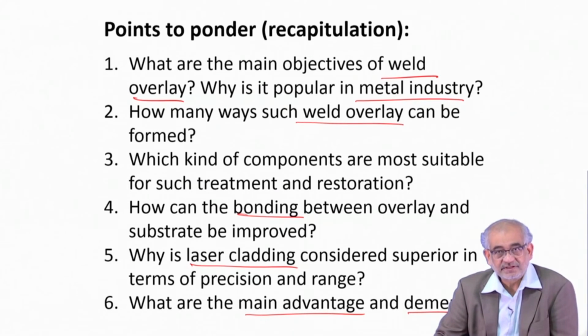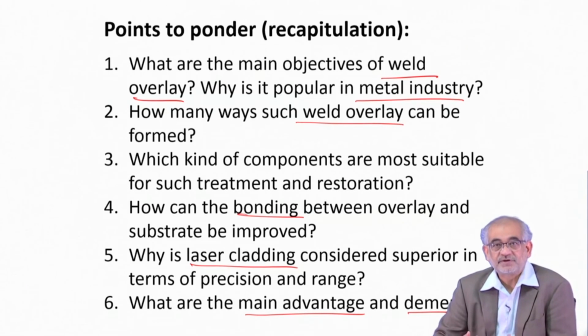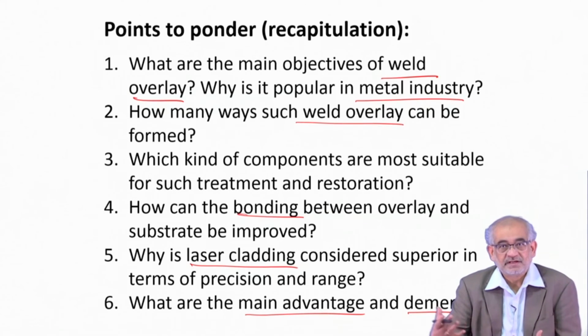Of course, one has to take care of the typical process parameters like speed, the arc current that you produce, the voltage that you apply, or the resistance heating, the current that you pass, or in case of laser or power beam, the power density that you apply,